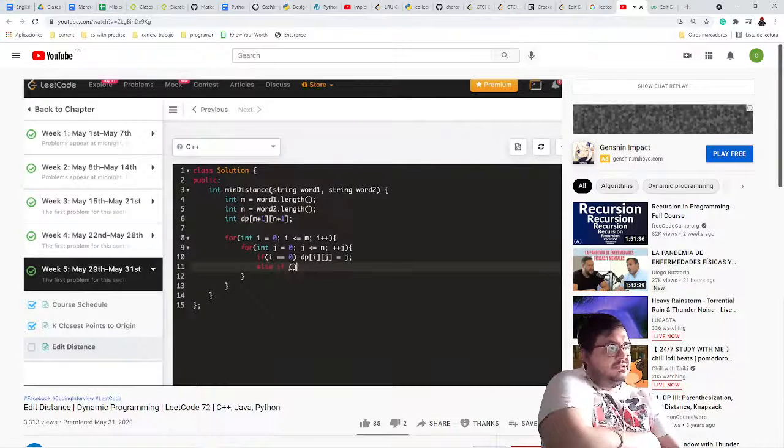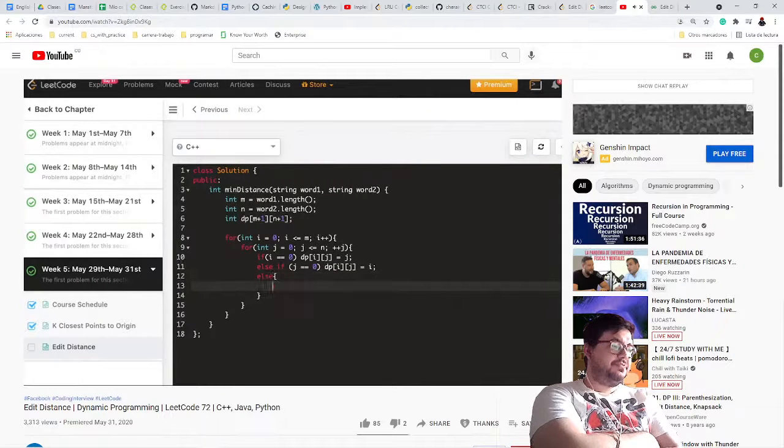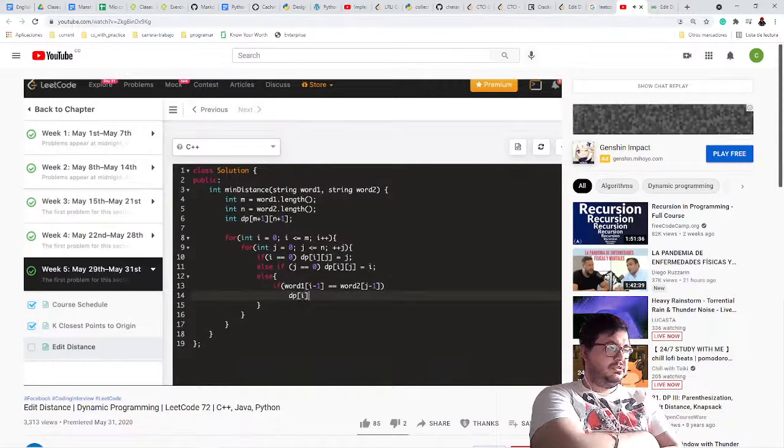Else if j equal to 0, dp[i][j] equal to i. Else if word1[i minus 1], that is the last character, is the same as word2[j minus 1], then dp[i][j] is equal to dp[i minus 1][j minus 1],